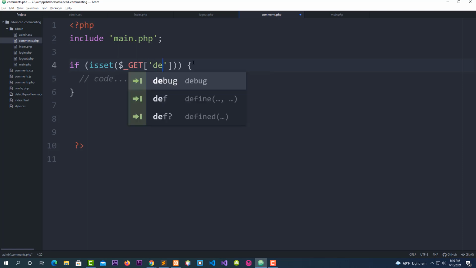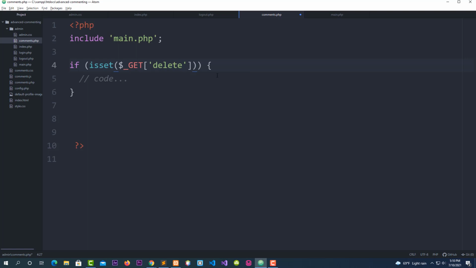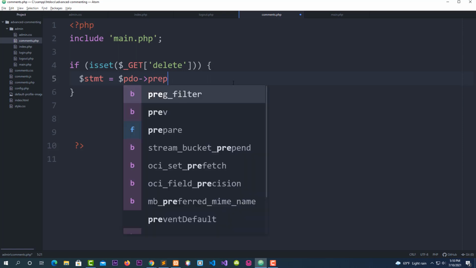and now I'm going to pass my delete. Okay, if isset GET delete, and this is where I'm going to pass my code to run all this code inside of this if statement. Okay, now for this I'm going to use a statement. I'm going to say $statement = $video prepared